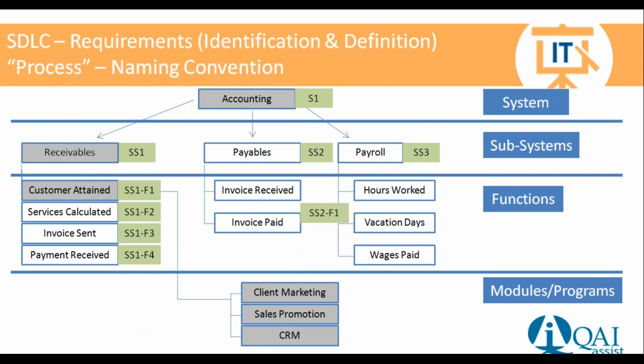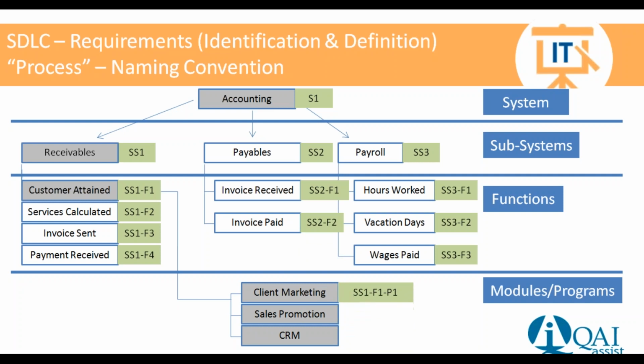And again, I'm just using this as an example. Every different application we're going to be building is going to have different complexity, different data, different process. It's the structure that I'm talking about here and the naming convention. So we ultimately have the layout of our systems, of our subsystems, of our functions. We've got them all labeled. And we also know within the subsystems and the functions that we're going to have programs. So we have subsystem 1, function 1, program 1. Okay, so for the sake of this example, this is the structure we're going to use. And you'll see in a minute where it all ties in.